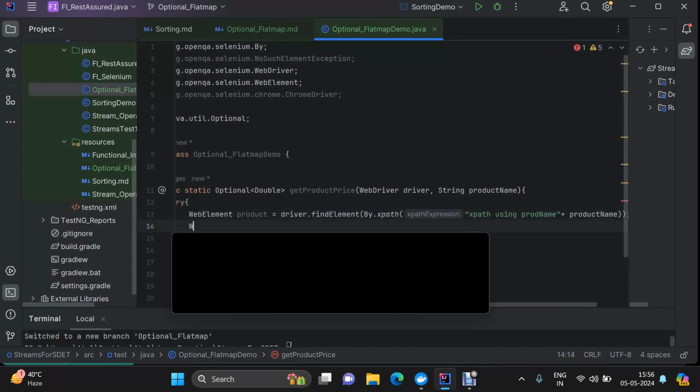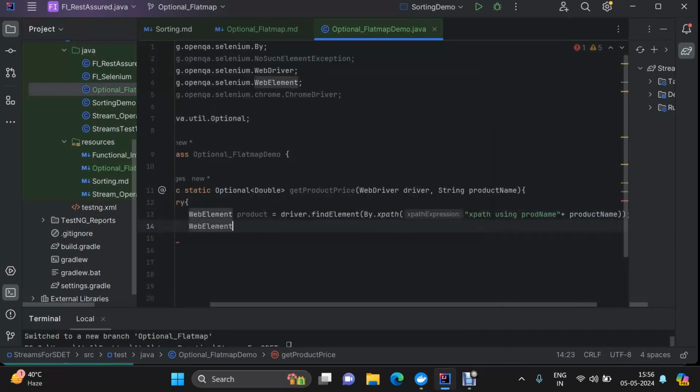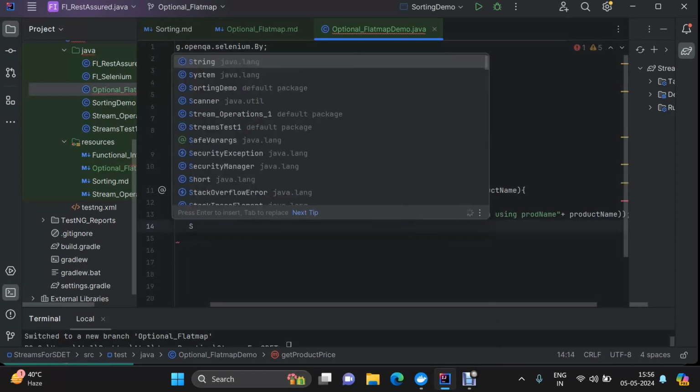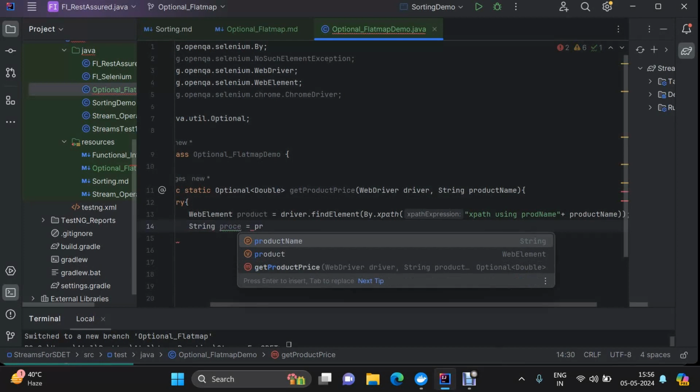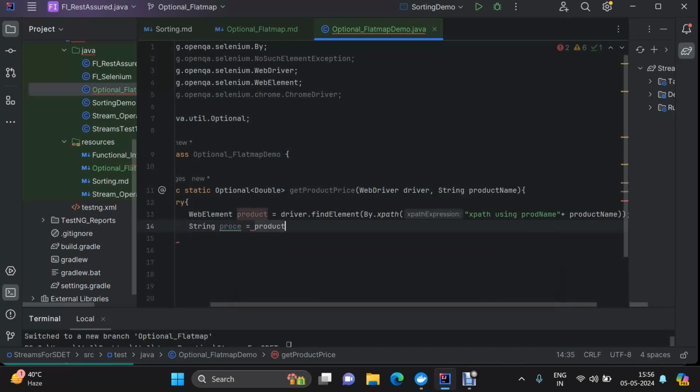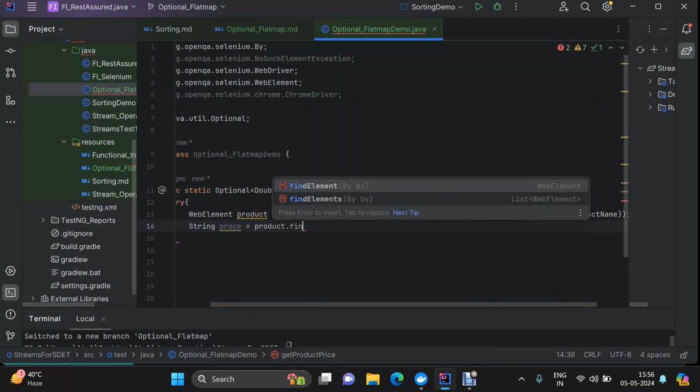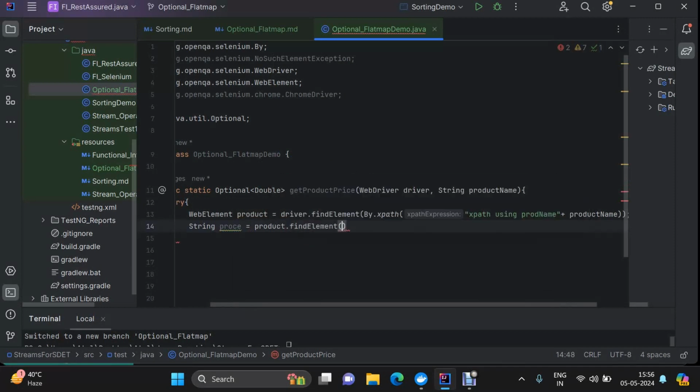Okay, and then we want to have the price. So instead of this, we say I want the price of the product. So first I will use this product, because the first thing is the product should be present, and then we want to reach up to the price, findElement